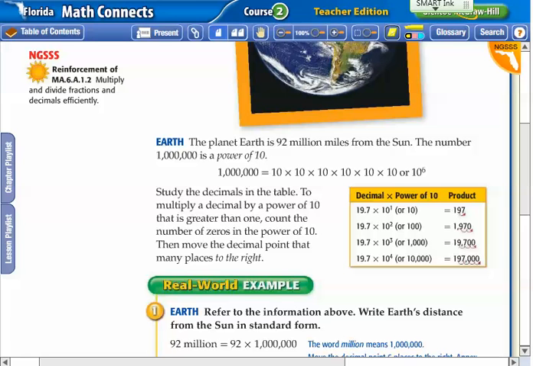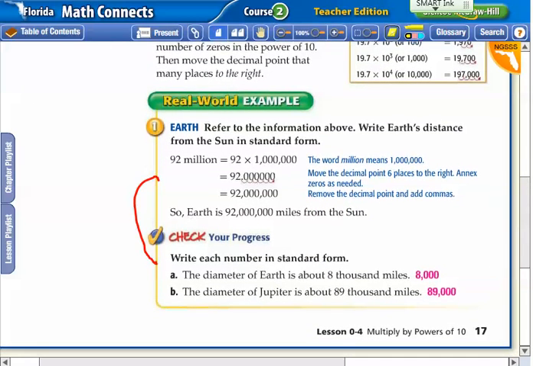and highlighting this, is take a look in this section right here. It says to study the decimals in the table. To multiply a decimal by a power of 10 that is greater than 1, count the number of zeros in the power of 10, and then move the decimal point to the right. So if you take a look at the example right here,